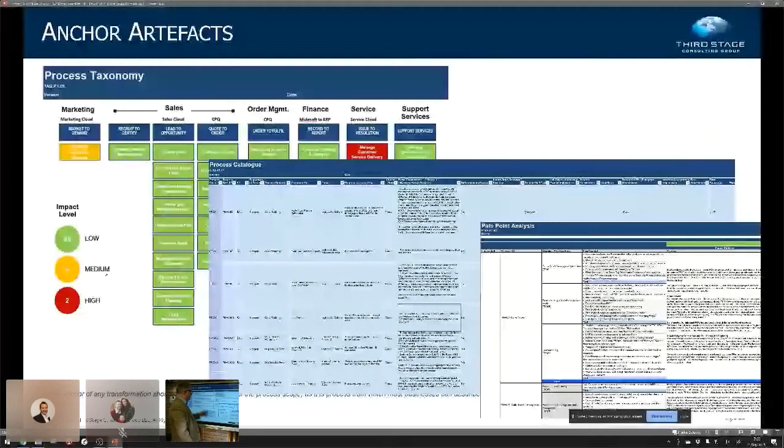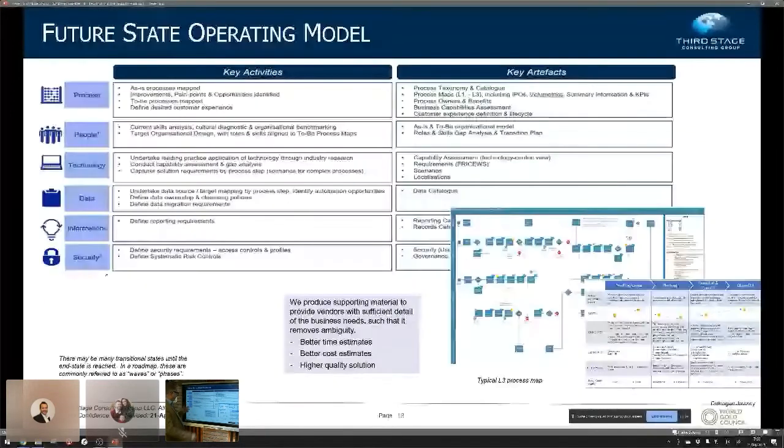And so we define a future state operating model, but we're defining that only based on differentiating processes. So anything that's not green, effectively, we describe as a differentiating process, and we anchor our work off that. And so we might produce a process map. What we do is we map the process, and then we overlay the organization, key individuals involved in particular departments.